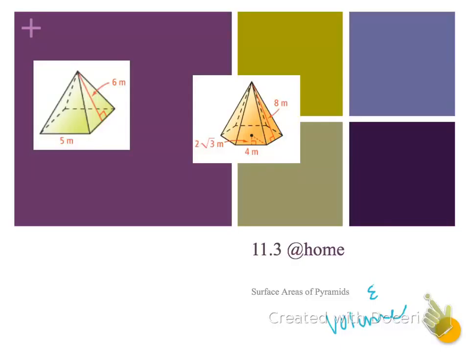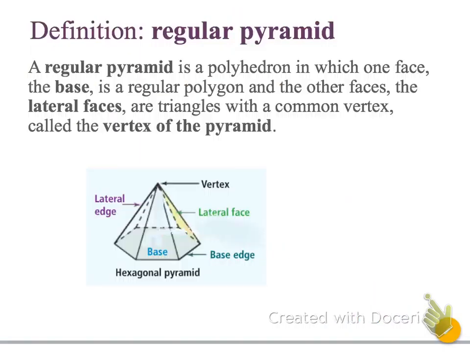So 11.3 is going to be the surface area and volume of pyramids. So here's some examples of what some of the pyramids we're going to look at are going to look like. Okay, so a regular pyramid is a polyhedron in which one face, the base, is a regular polygon, and